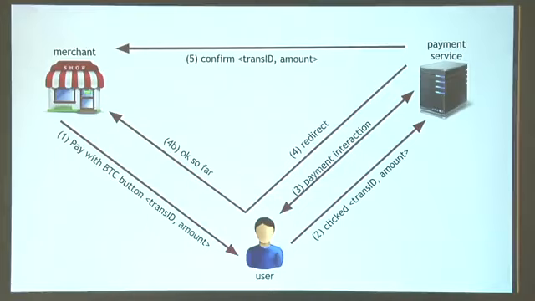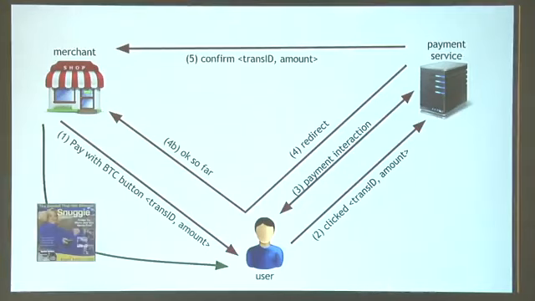So once that happens, now the merchant knows that the payment is confirmed, and they can go ahead and allow whatever the item is that this user bought to be shipped out to the user. And then the user will eventually get the item, and everyone is happy. So this is a typical kind of flow. The details of the flow might work a little differently depending on which payment service you're using, but that's the